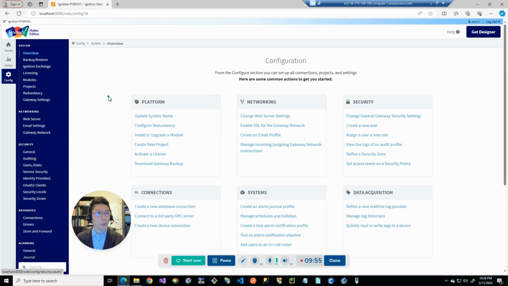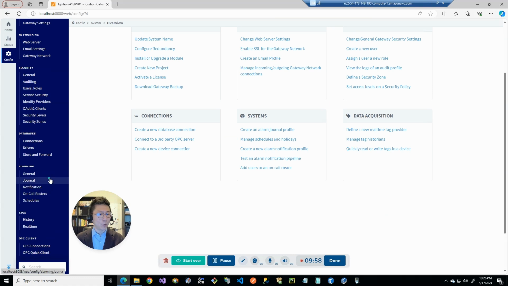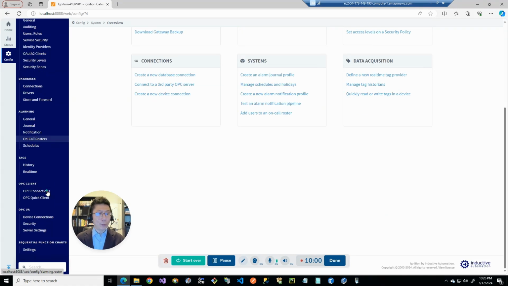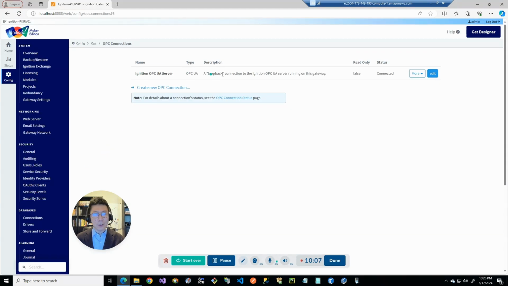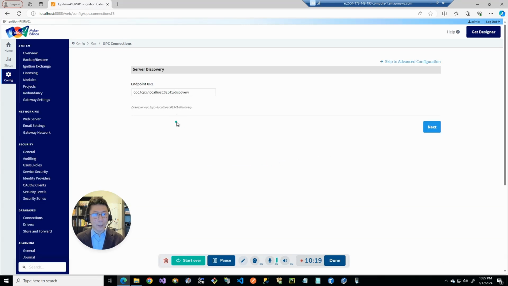I mean, I would. That's the next step. I'm going to Google how to enable OPC UA, right? OPC, I think maybe this one, OPC client, right? Ignition OPC UA here. And then it said read only false, connected, more, endpoint, I don't know, edit. Maybe press edit. Oh, that's the endpoint. So if I have an OPC UA client, I could get this endpoint and get it working.